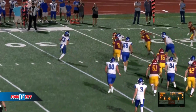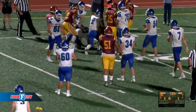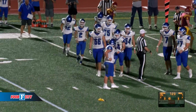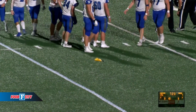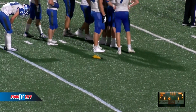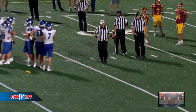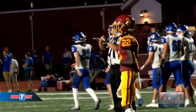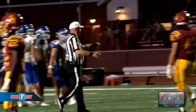Odom. Odom has the corner, trying to get a first down. And a penalty marker on the play as Odom makes it near the first down marker. And we will wait to see what the penalty flag is. There's already been 2 penalty flags on... I don't think it was Hill, roughing the passer. Well, no, West Ridge is walking back. Yeah, it looks like a holding penalty on West Ridge, and so that'll bring up a 3rd down and 20